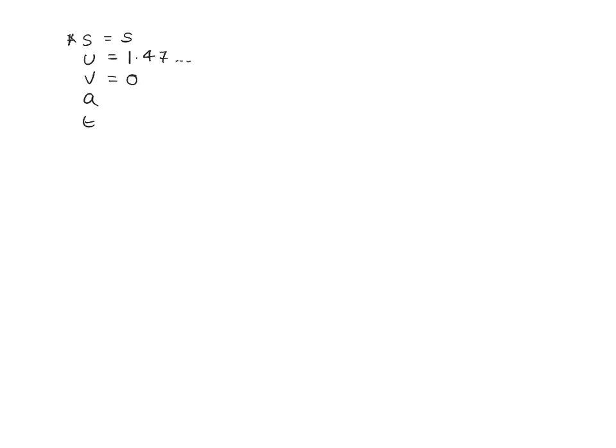V is 0 because we want to know how far P travels before it comes to rest. The acceleration we've just worked out is minus 6.86 meters per second squared, and the time we don't know, and we're not going to calculate it. So we can use V squared equals U squared plus 2AS again. This time we are calculating the value of S, which is